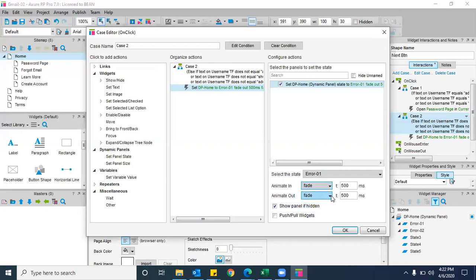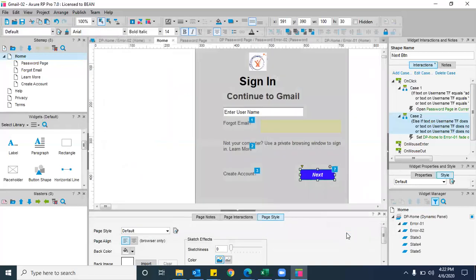And please check show panel if hidden checkbox. And click on OK. Done. Right?